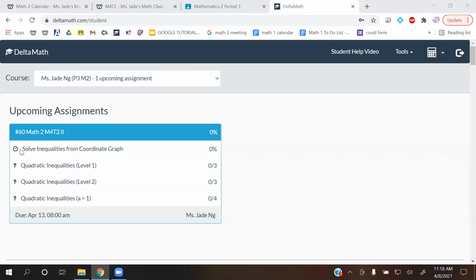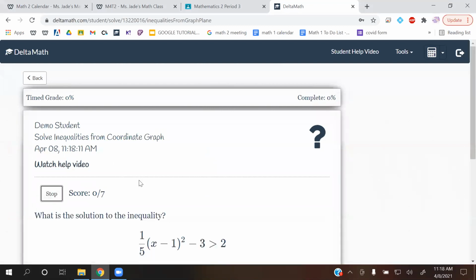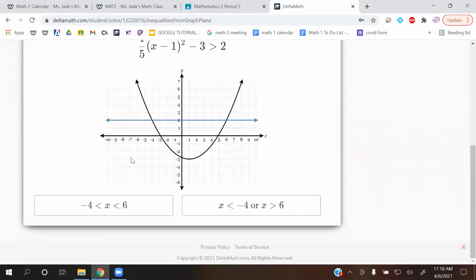Our first category we are doing is solve inequalities from coordinate graph. If you click on that, it's a timed category, so it's kind of weird. I want to warn you that if you press start and you get something wrong,